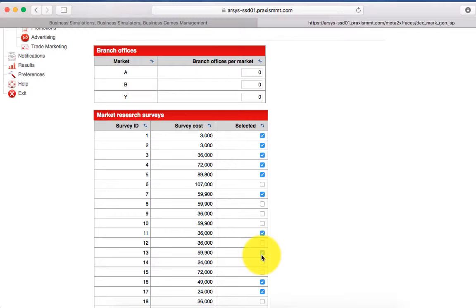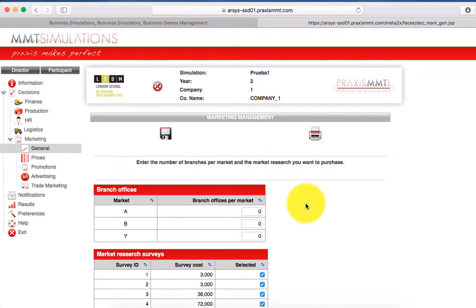This is a real scenario emulation, because in real life you ask for or buy this kind of study and it takes some time to gather all the data and build a report. So you will have access to these surveys after the decisions are taken and the results are processed. You can see in the scenario document, for example on point 33, a menu of the studies and what these studies mean. You can go through the scenario document and see what survey number 4 means. You have everything there.